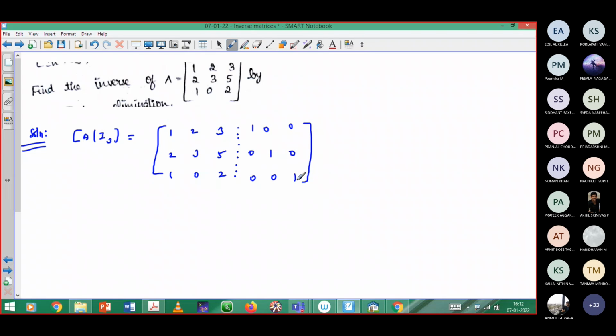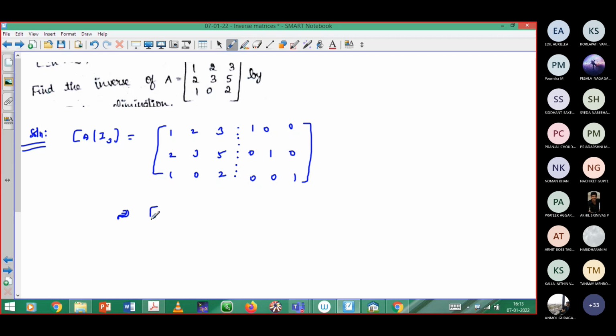My ultimate task is that this I_3 should be transformed to the front position. Then the matrix will be moved to the second part. After the transforming process, the second part of the matrix will be the inverse matrix, by using that property. I hope you can understand that.